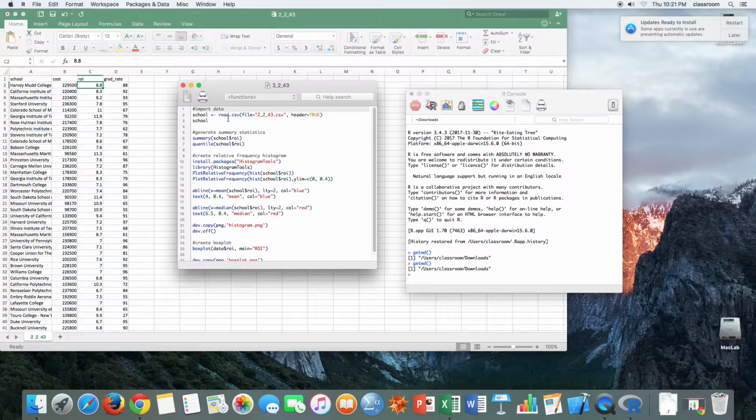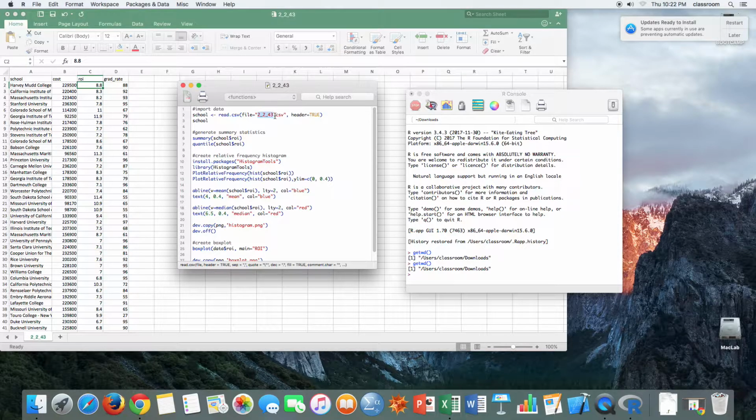The first thing that we do today is import data. This line is what we do. We create a dataset called school, but we can give any name to the dataset we're using. It can be moon, it can be mountain, any name you want. The arrow sign is a definition sign. So we are creating this object called school, and the object is basically the CSV file. It's a dataset file, and we are asking R to read the CSV file which has the name